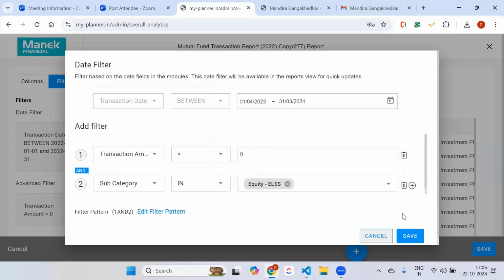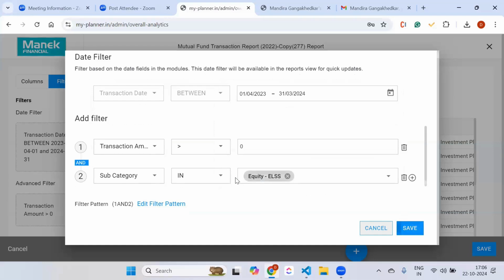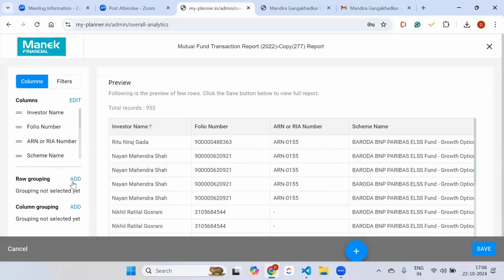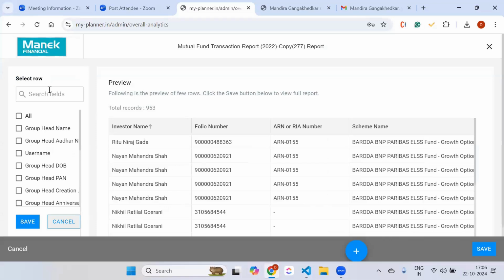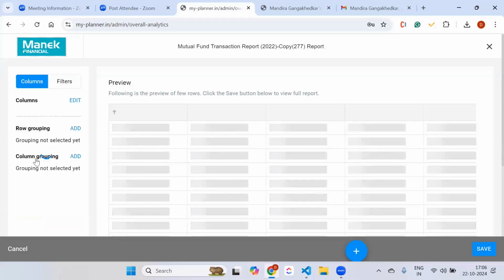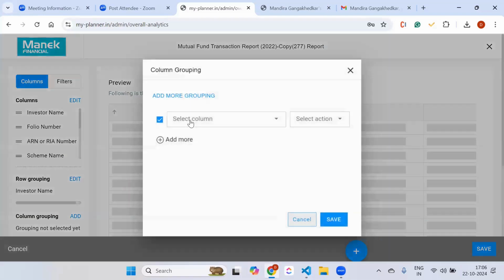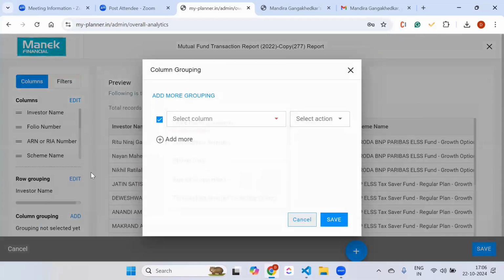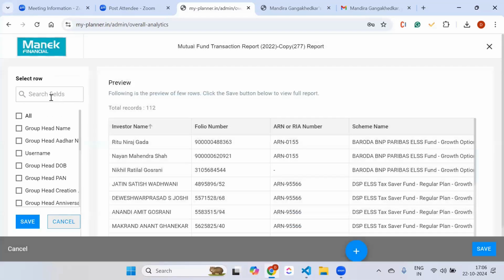ठीक है, तो आप एक बार ये दो फिल्टर्स कर लेंगे, उसके बाद फिर यहाँ पे रो ग्रुपिंग में, इन्वेस्टर वाइज आपको टोटल चाहिए ना उस पीरियड में। इन्वेस्टर वाइज एज वेल एज फंड नेम भी। अच्छा, फंड नेम, ठीक है, तो वो भी मैं डाल देता हूँ।